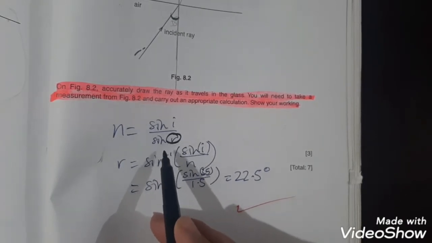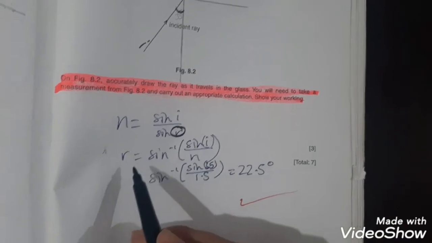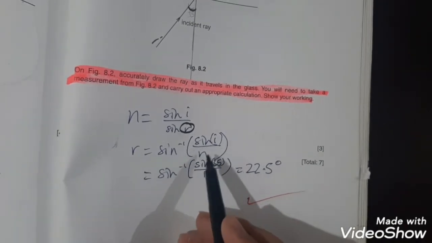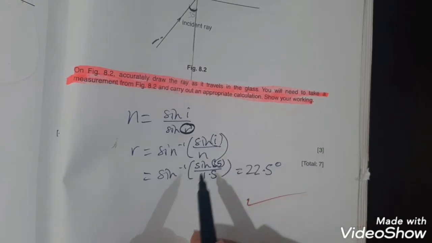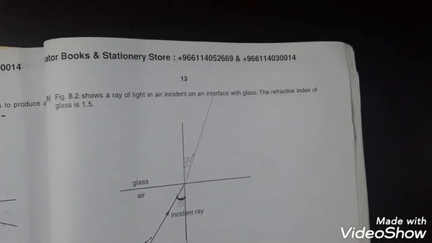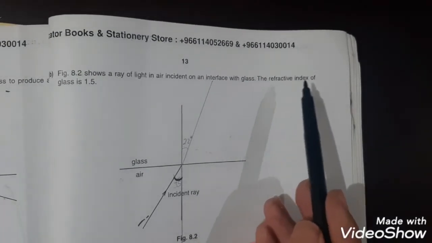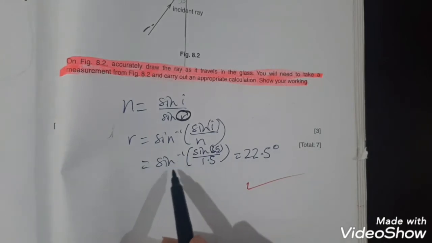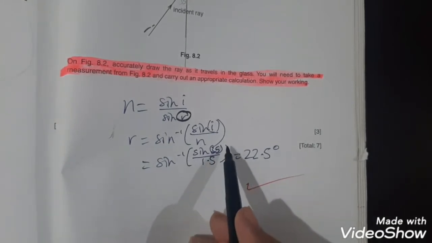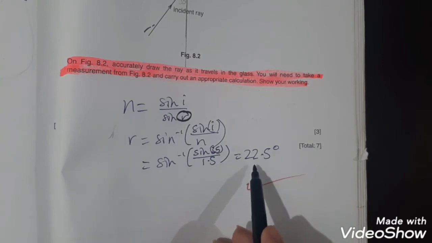So we will move r on the left and right. R is equal to sine inverse (sine i divided by n). The value of n is also mentioned in the question, which is the refractive index of the glass, 1.5. So we will use sine inverse (sine 35 divided by 1.5), which will be 22.5